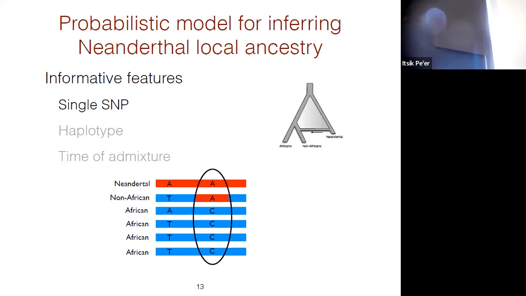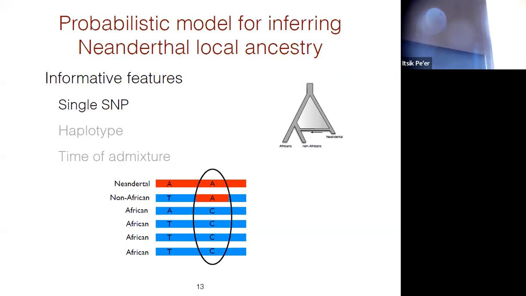So in building these statistical models to predict Neanderthal local ancestry, we use several features from data. I won't talk about all of them, but here's an example of the kinds of features that we use. One class of features looks at patterns of genetic variation at individual SNPs. So here is one such SNP where there is a mutation, a derived allele, that is present in the Neanderthal